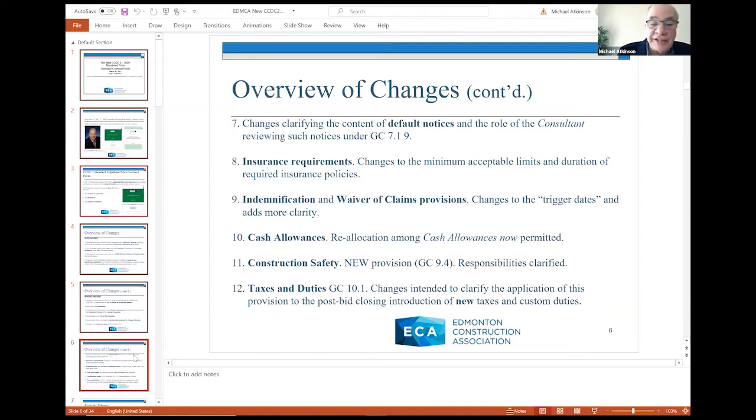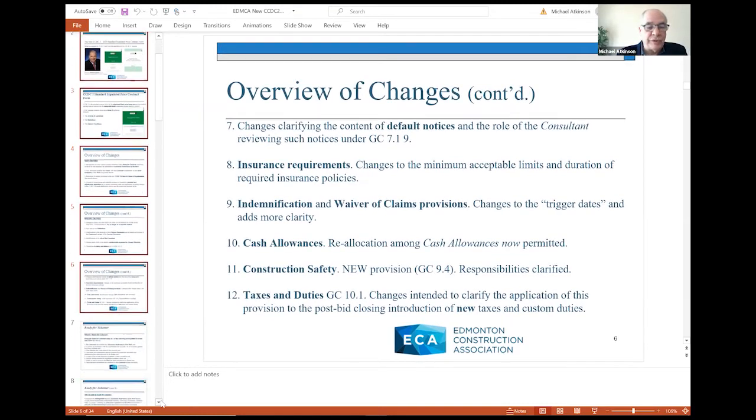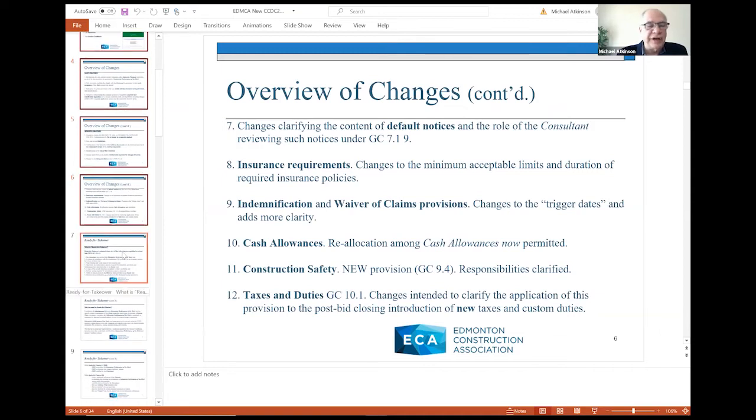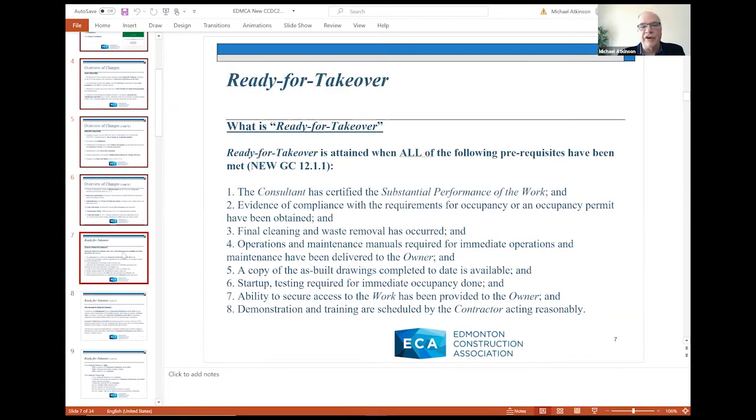There's been some changes to the administration, if you will, of cash allowances. There's a brand new provision dealing with construction safety, which is extremely interesting and enlightening to some extent. And there's been a change to the provision in the contract that deals with how to treat new taxes or duties, or changes in taxes and duties that occur after the bid closing time. What happens to the contract price, where that increases or decreases the cost of the work, and we'll talk about that. Okay, the first one, probably the most interesting and probably the most impactful, if you will,